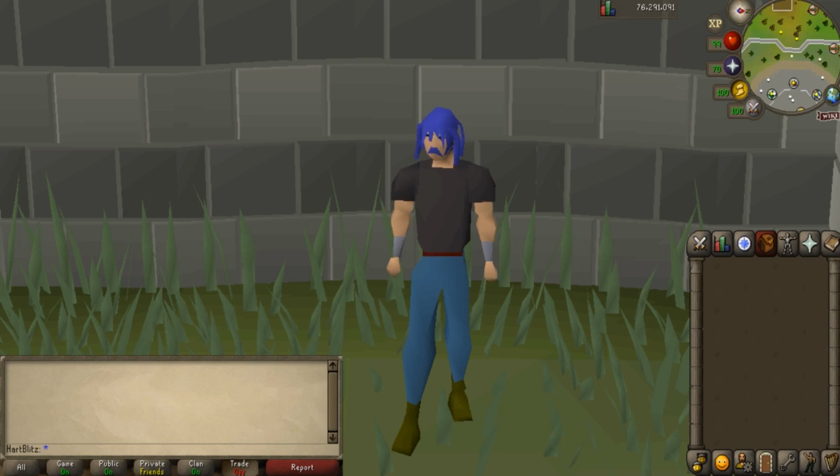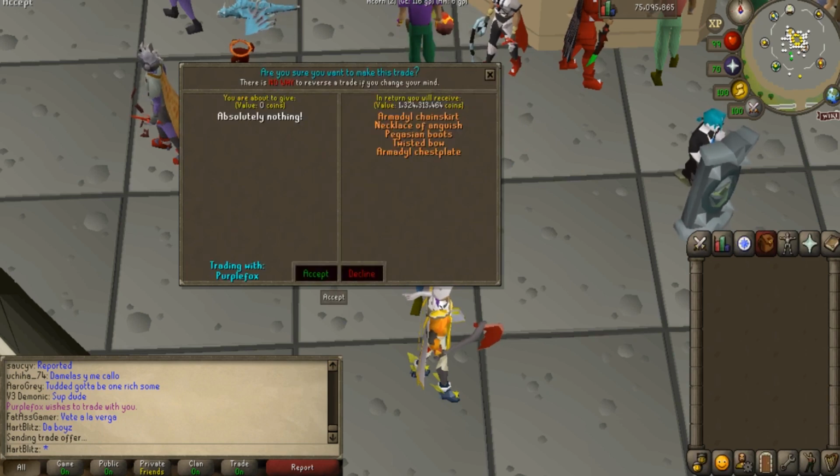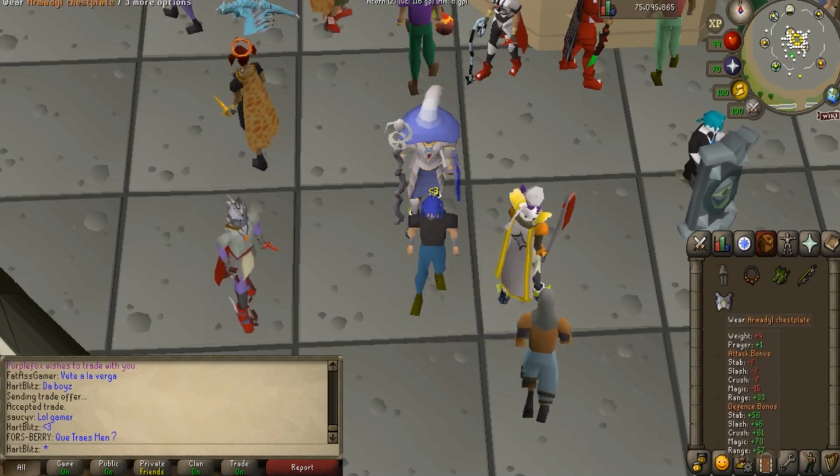Today, we will be at the Demonic Gorillas and we will be using 4 setups. Our setups will vary quite a bit, so there isn't one specific weapon we will be upgrading, but my friend Purple Fox did help me out again in game and let me borrow a twisted bow, so we will be testing out a setup that is worth over 1 bill towards the end of this video,